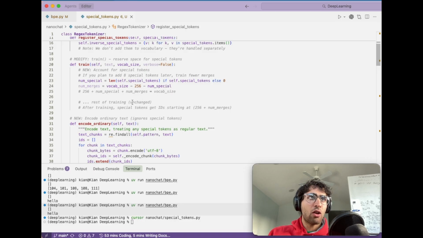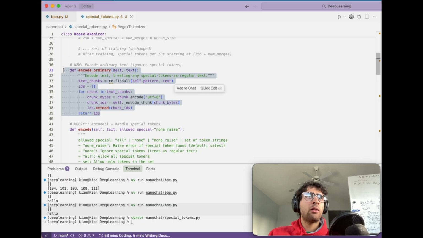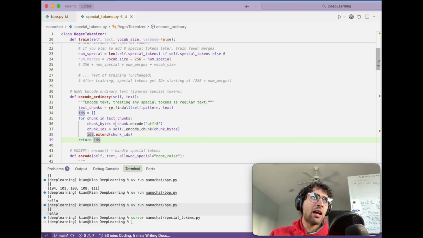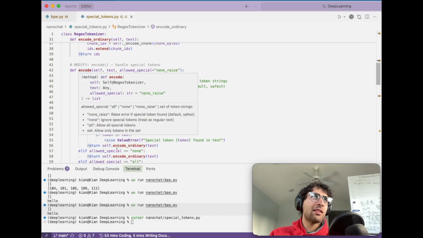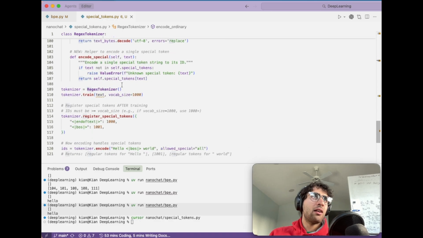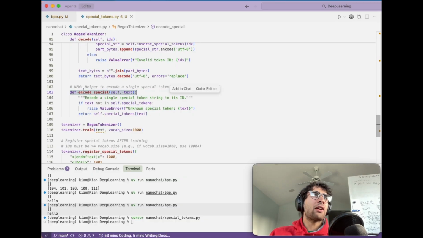Make sure you're not training over the token limit. And then we have our encode ordinary, which we did last video. So this is the same exact thing with our regex token splitting. But then we lastly have an encode and a decode, which are slightly advanced, I would say. But let's first look at encode special, which is just an encoder that is used to